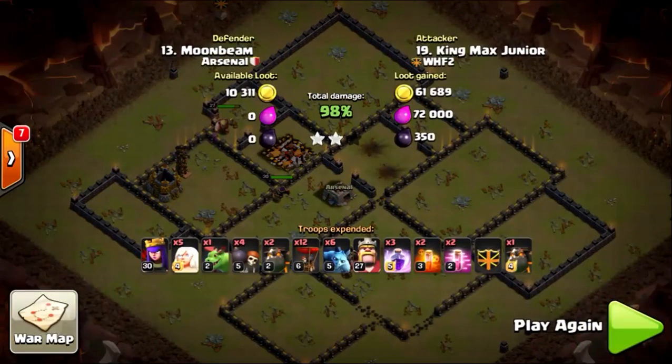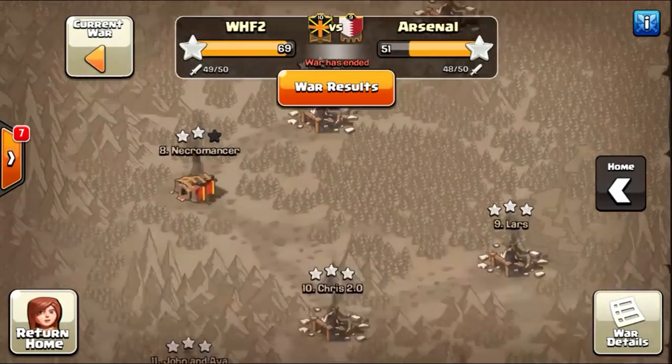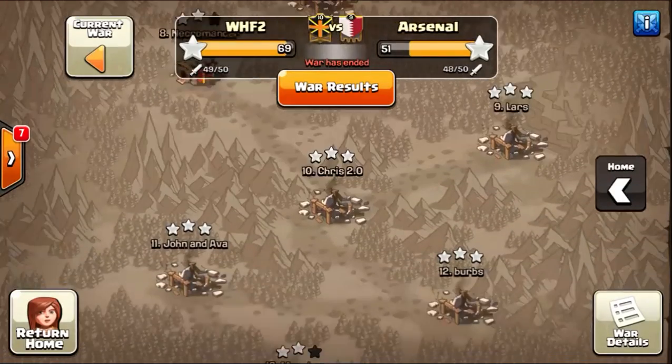If he had just sent his loon deployment or his hound deployment in about 3 seconds earlier, or 5 seconds earlier, that would have been a 3-star hit. So I was really impressed with that. Very nice job. So let's go ahead and check out him taking a Town Hall 9 and hitting it